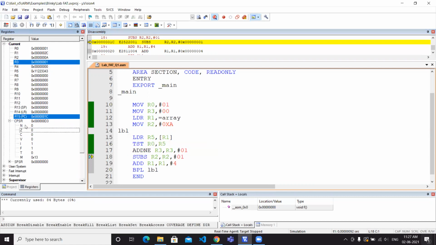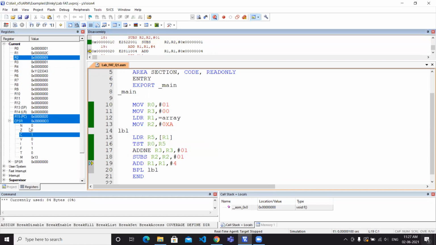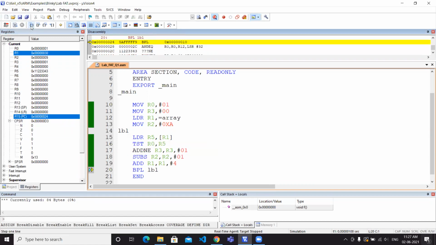So in our program, the Z value will increase by 1, and here we will subtract 1 from R2, which is the number of elements left in the array.